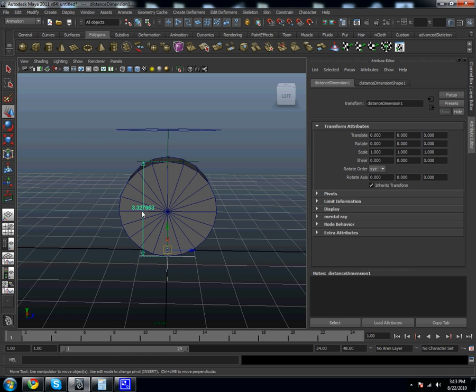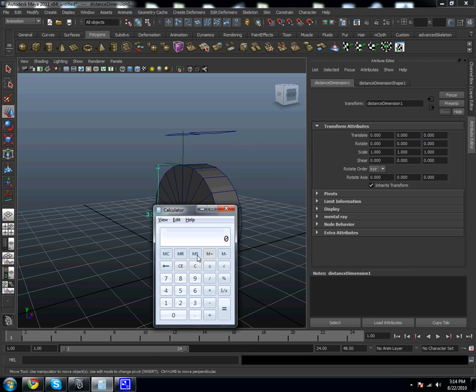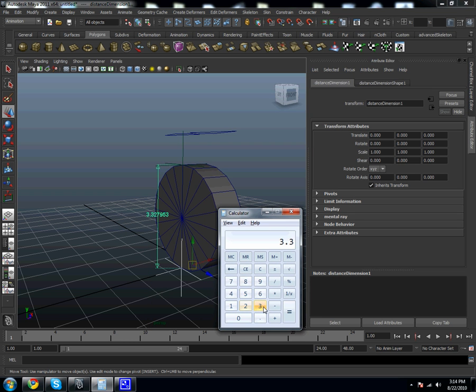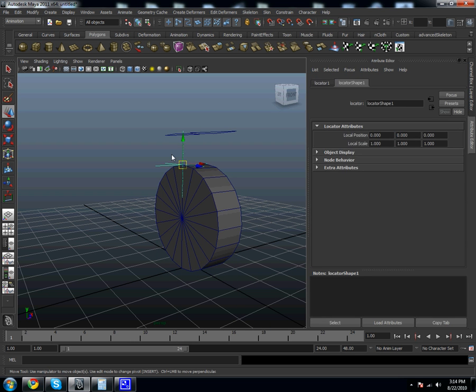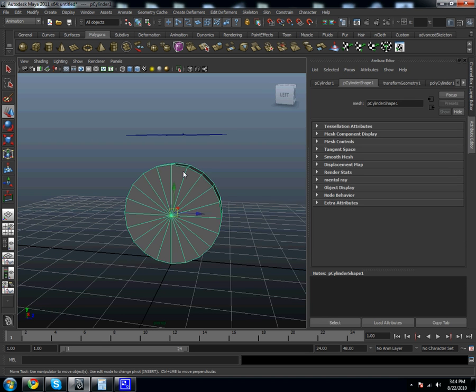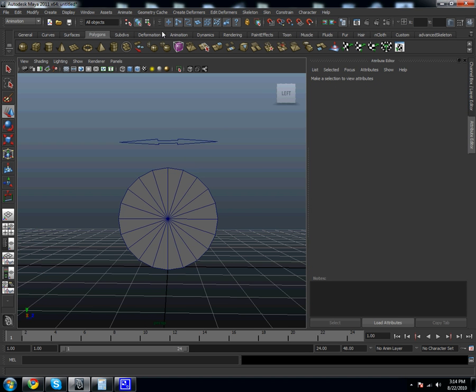points of the cylinder. Now you have that number there, 3.3, whatever that was, and you type that into the calculator, and multiply the same thing times 3.14, which is pi. I don't have to go into detail for that now. And you'll come up with the number 10.42 or whatever that was. Just delete these two measure tool things, and now go to the animation tab, which I'm already in, and go to